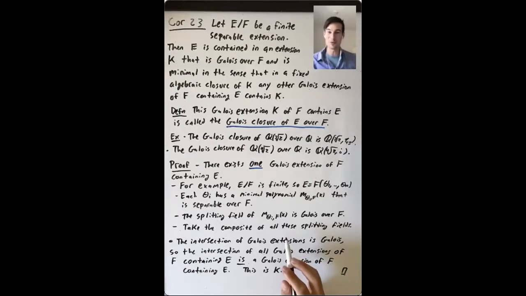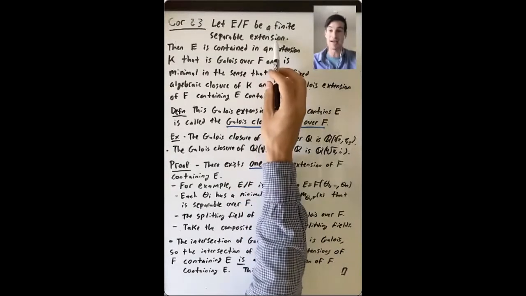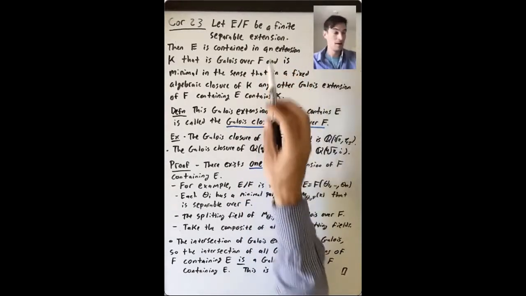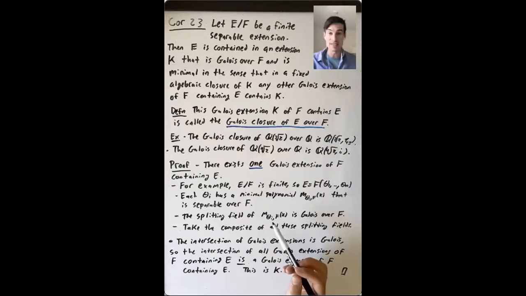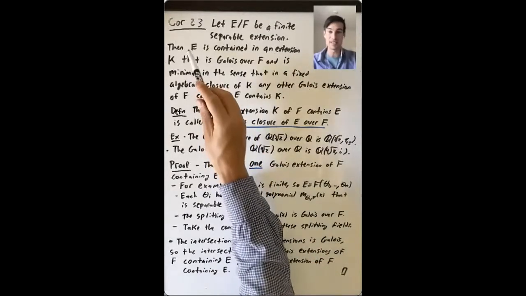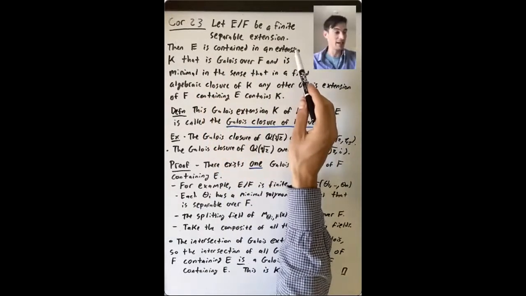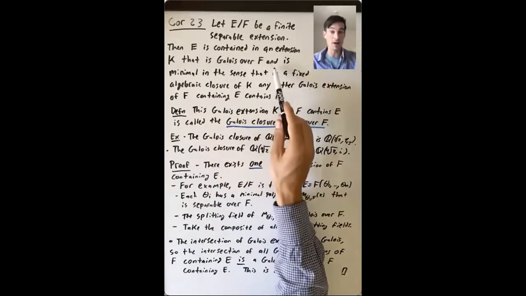Next, we'll state and prove Corollary 23, which is one of the most important results of this section. Let E over F be any finite separable extension, not necessarily Galois. Well, E isn't a Galois extension of F, but it's contained in a nice minimal Galois extension of F. So what we're going to prove is that E is contained in an extension K that is Galois over F